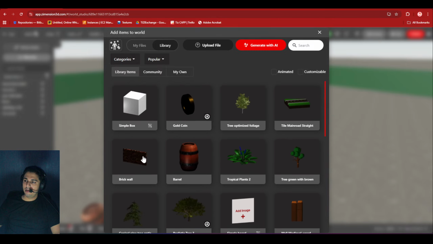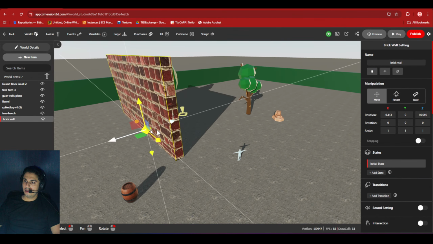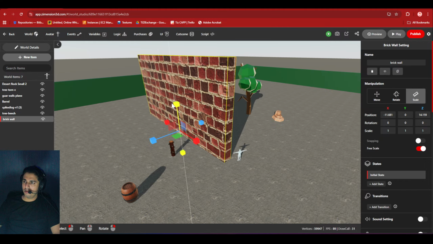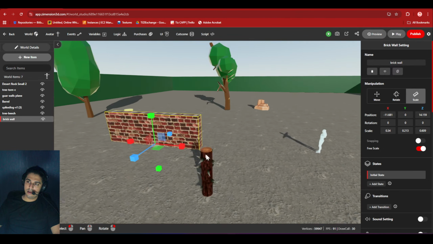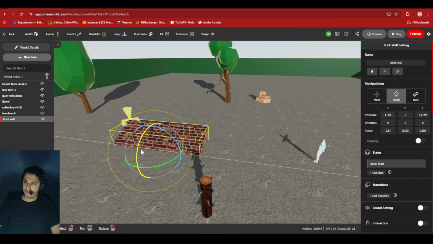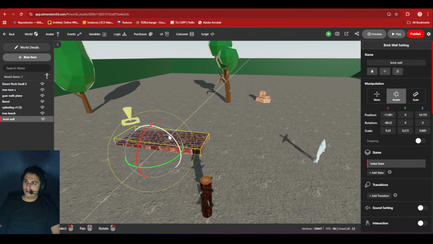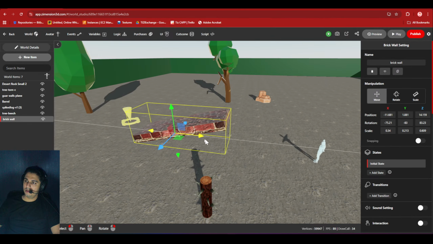Let me use this wall over here. I'm just using some random objects. You can use some of the good objects that are there. I could have directly scaled it in one go, but anyways, let me rotate and make a platform where the character climbs up.